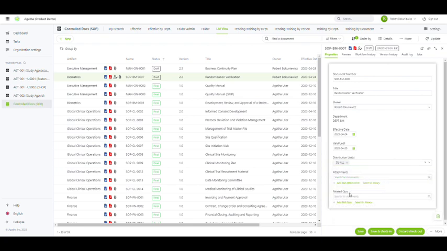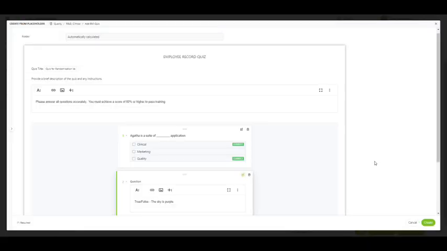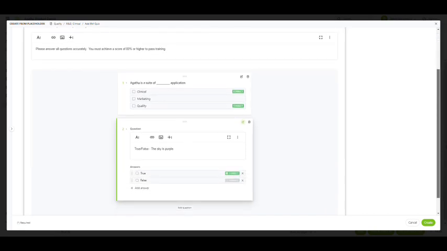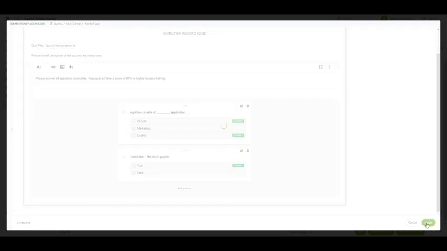However, you may have noticed in my previous document, we also had a related quiz field. Here we can add a quiz so that when the document goes out for training, the users have to answer questions and obtain a percentage correct to pass training. Now that I've populated some quiz questions and answers, you can see that a quiz can be any combination of question types: multiple choice, fill in the blank, true and false, etc. Once I've provided the quiz questions and correct answers to the system, I simply click Create to attribute that quiz